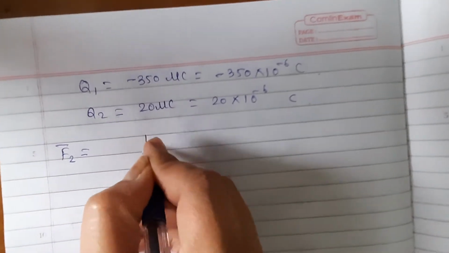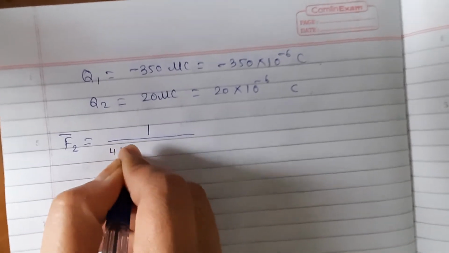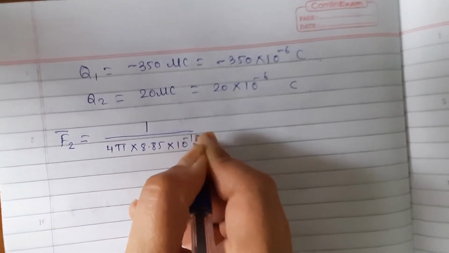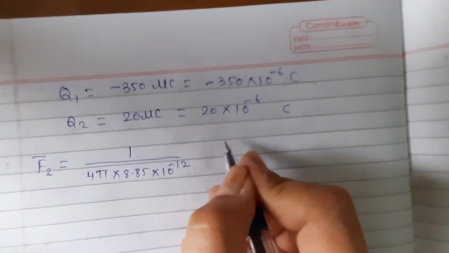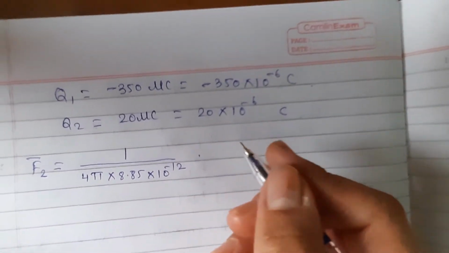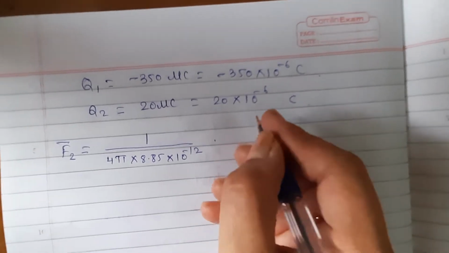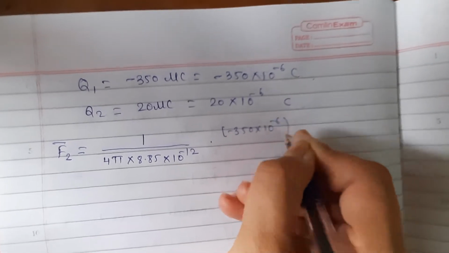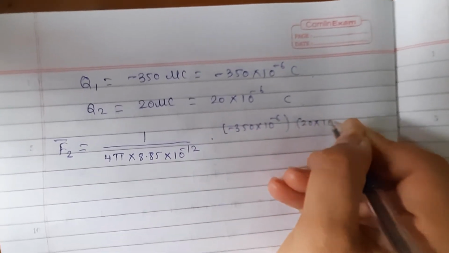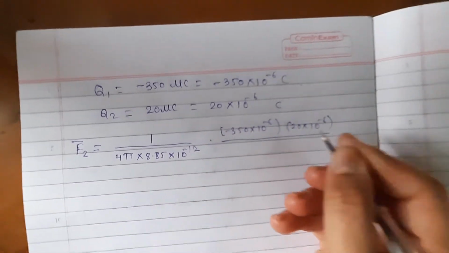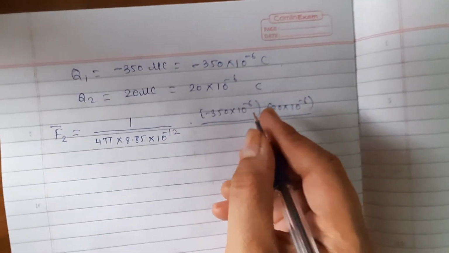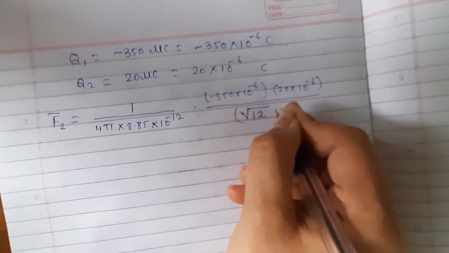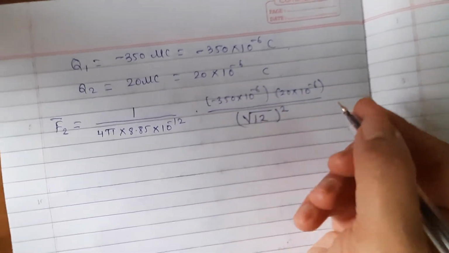So it is 1 by 4 pi into 8.85 into 10 raised to minus 12 into Q1, that is minus 350 into 10 raised to minus 6, into Q2, 20 into 10 raised to minus 6, divided by R12 square. So R12 value is square root of 12 and it is R12 square into